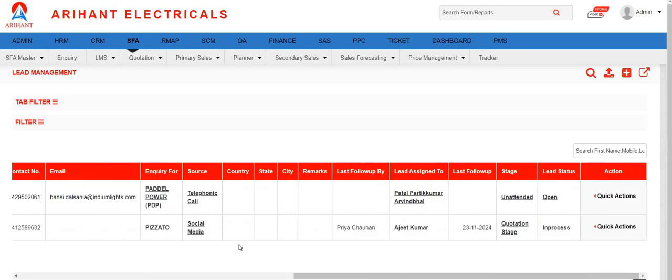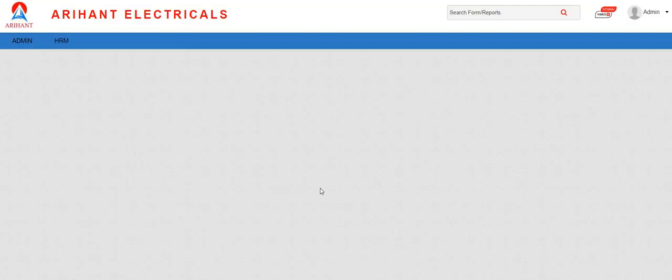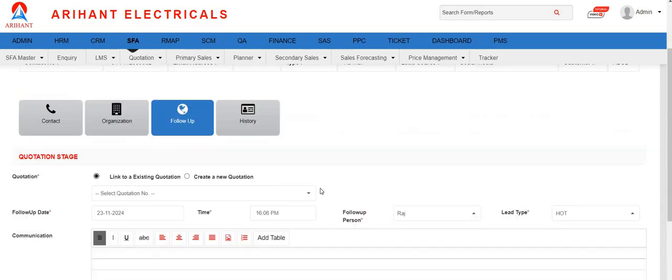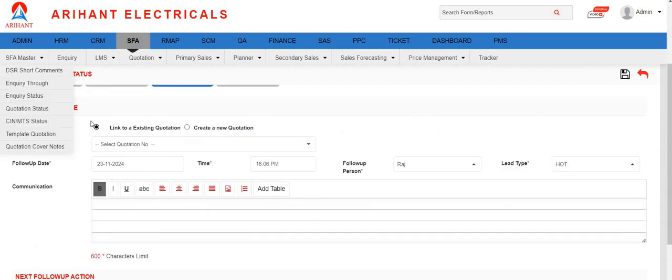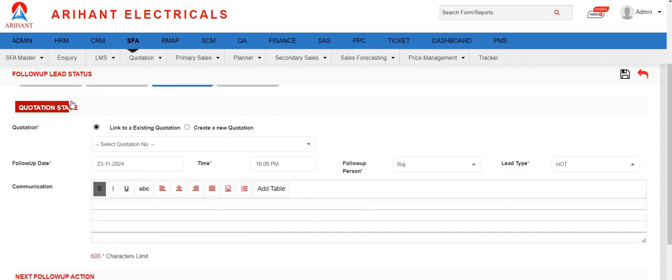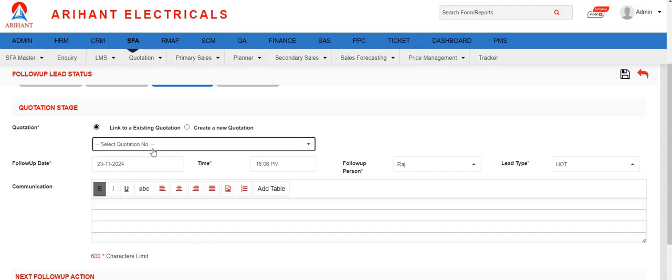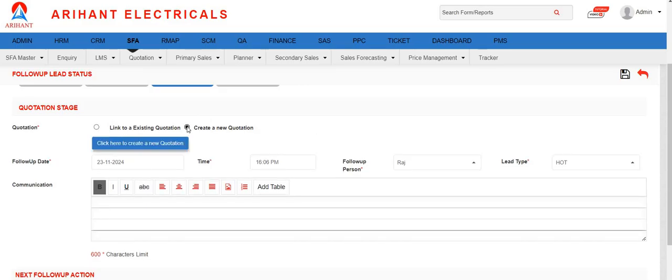we can take an example of this lead, because this lead is already in the quotation stage. So once we click on this lead follow-up, we can see the change of stage name. Right now it is in the quotation stage. In the quotation stage, we will have two options. One, link to an existing quotation. We can link it, but we need to select the quotation number. And if we want to create a new quotation, we can click here to create a